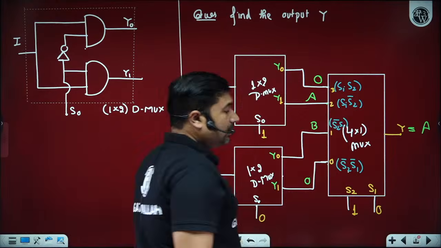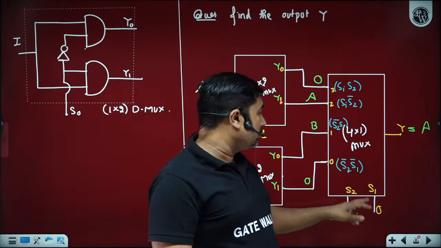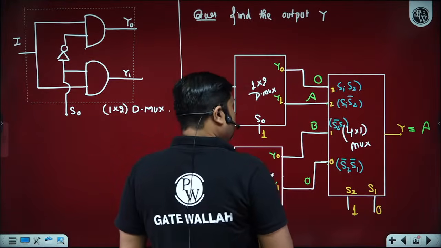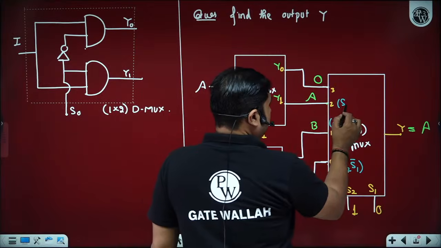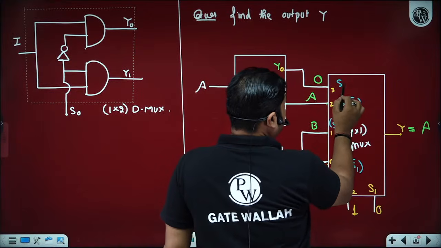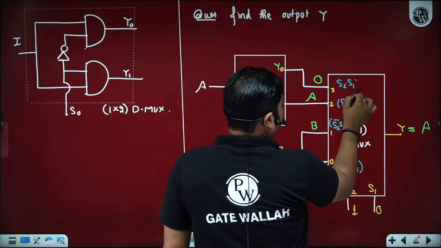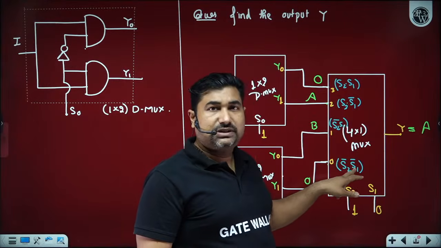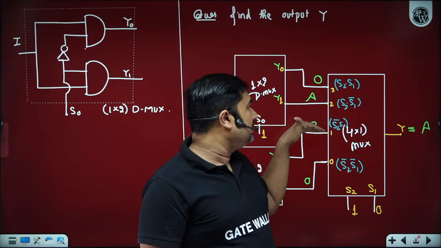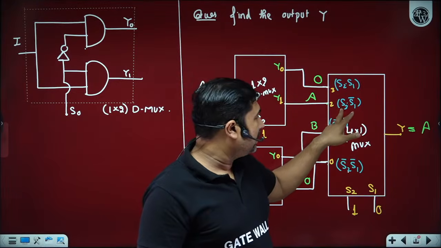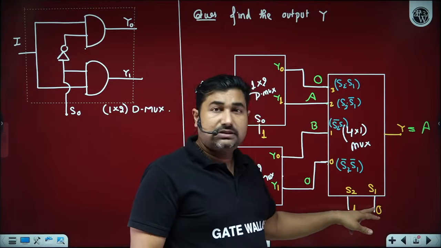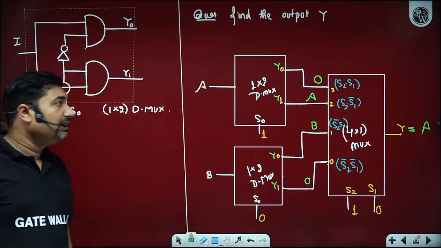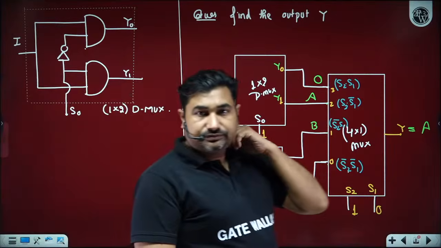It can be clearly observed that on S1 we have 0. So if S1 is 0, this will be 0, this will be 0. S2 S1 bar, S2 S1. If S1 is 0, then this is 0, this is 0, and this S2 is 1, so its complement is 0. So all these three are going to be 0 only. Only for this we get S2 as 1, S1 as 0 so its complement is 1, and A, so we will get A as the output from the circuit shown in the figure. How many of you are able to understand, beta ji?